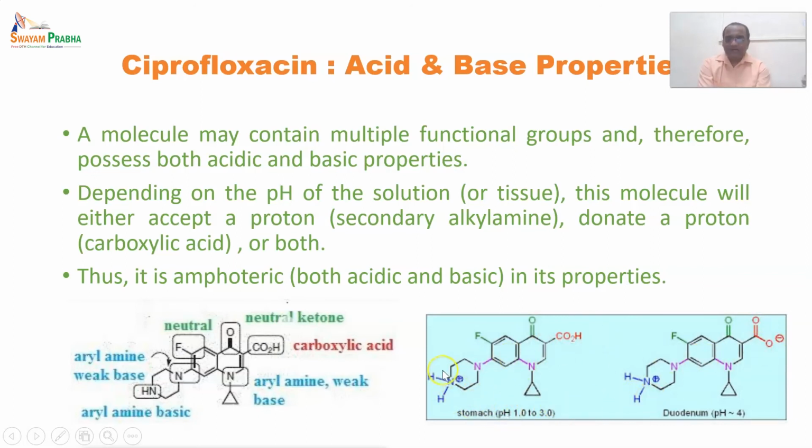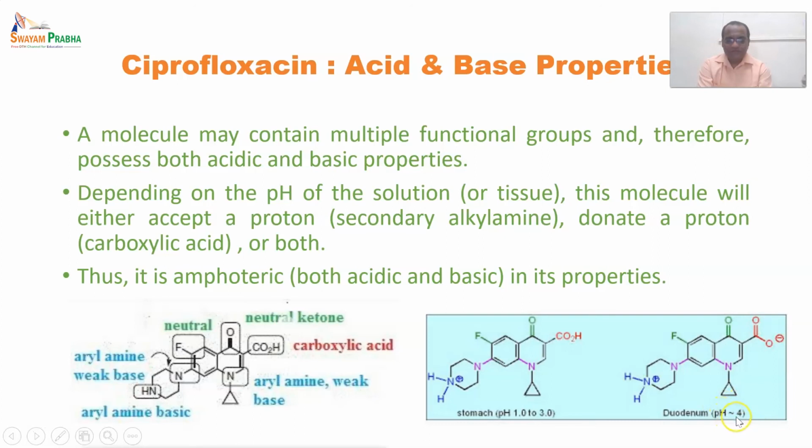So in the stomach it shows only basic properties, because in the stomach protons are available, as a proton pump is available in the stomach, and this proton pump is responsible for acidic conditions in the stomach, and with the protons available in the stomach, it will show basic action. When there is an acidic environment, it will not show an acidic character,